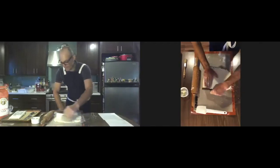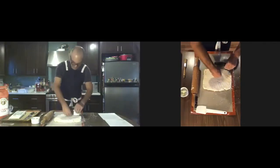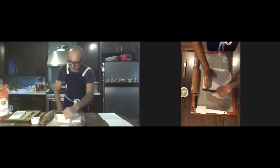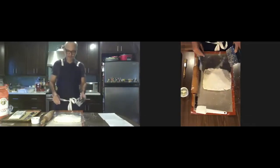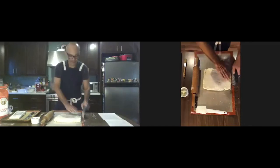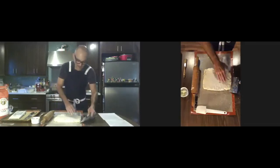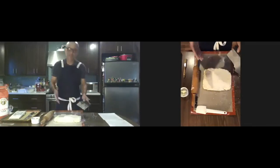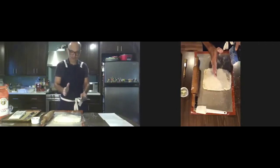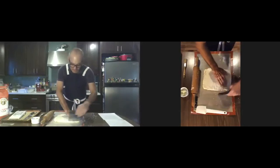One timely question. Someone has commented their dough is super crumbly with flour and they are unable to fold it. What should they do? Okay, so if it's too crumbly, you can grab it and do one of the folds, or place 1/3 of your rectangle on top of your midsection, okay? So, for instance,